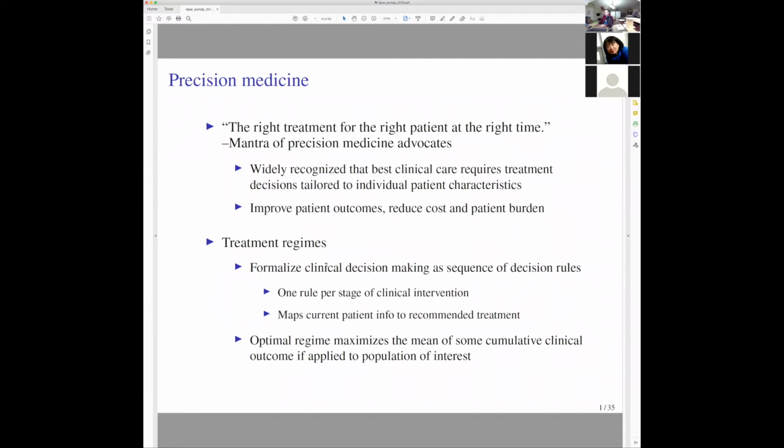And here, just for simplicity, I'm going to define an optimal regime as one that maximizes the mean of some cumulative clinical outcome if you were to apply it to the population of interest. There's other definitions of optimality. You could look at a quantile, for example. Ray has done some work on that, as have others. But for simplicity, we'll look at mean utility. Okay, so